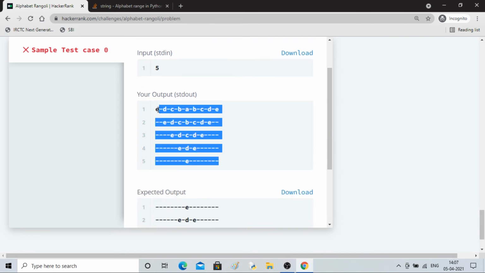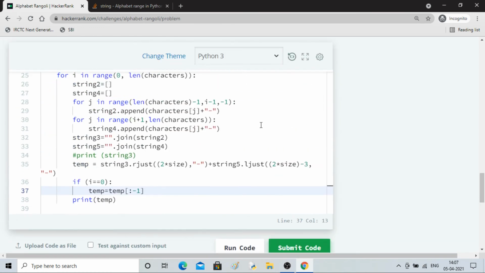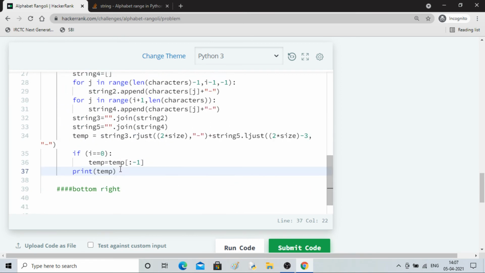So if we copy this whole thing to the top part with some slight arrangements, we will get our rangoli. So hopefully you are able to get what I've done. I've taken for only the first row, it will apply from first to last second, and for the others it will print as it is. So that is how it is working.